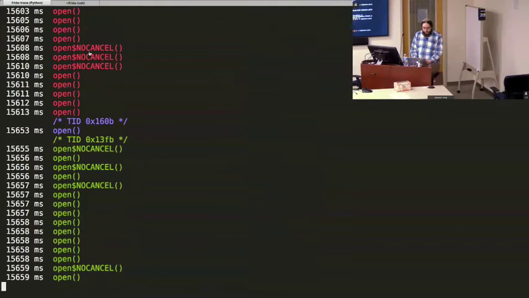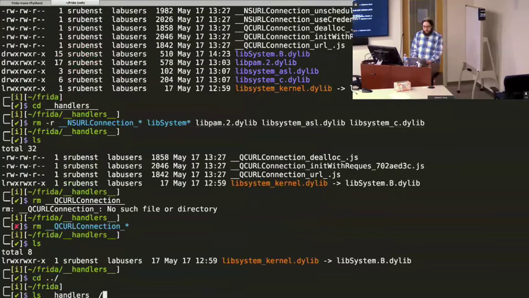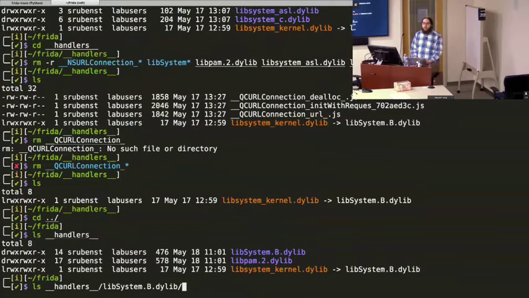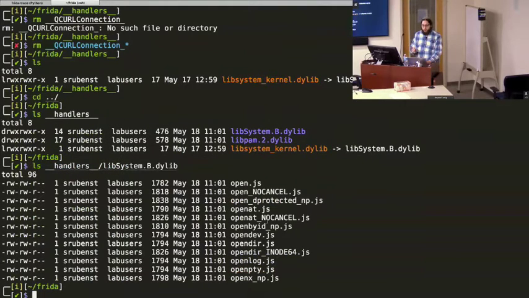We saw that Frida generated a folder called handlers, okay? And in that folder, there's a subdirectory for each library which we've instrumented. And if we look at, for example, the libsystem.dylib, okay, we'll see a whole bunch of different JS files, one for each of the functions which we have traced. If we edit the open.js function,